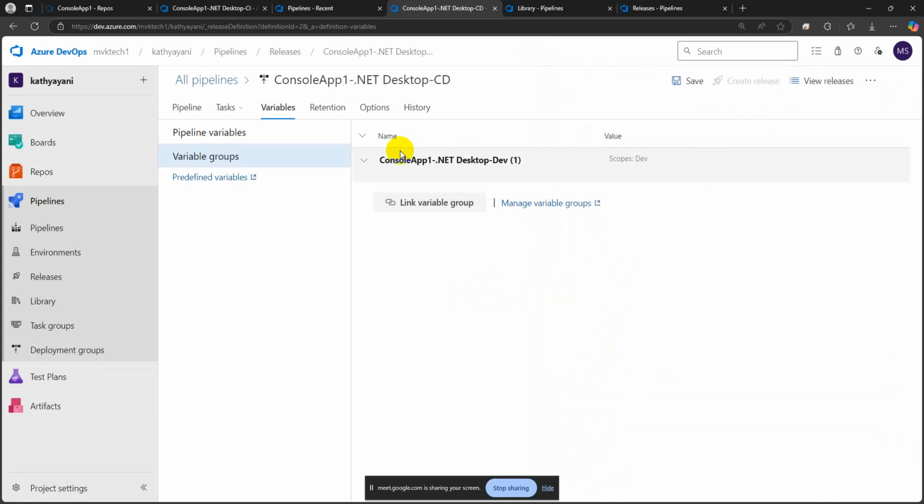Okay, this is how we are going to link our variable group. If you see, this is scope for only dev 1. Okay, now